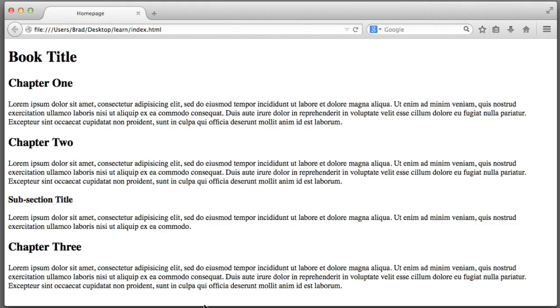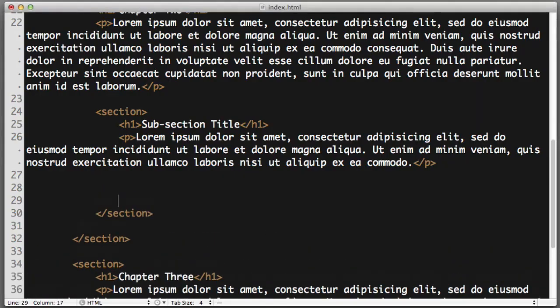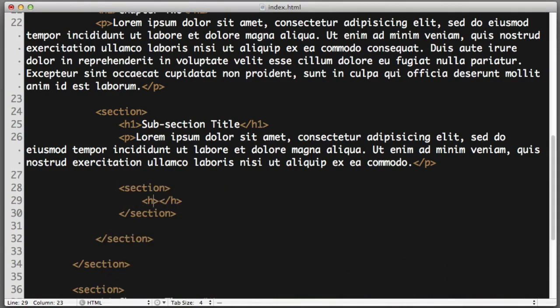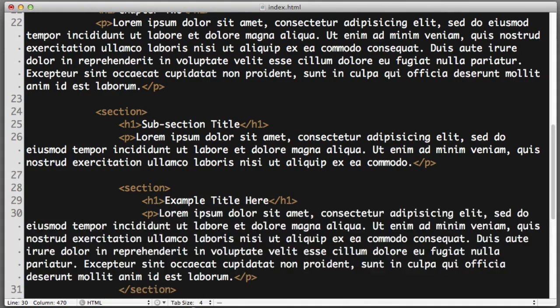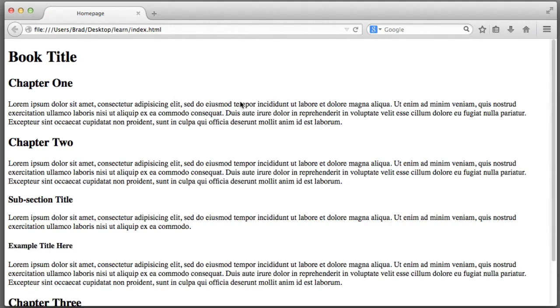So we could theoretically create an additional section within this subsection. Example title here. Create a bit of dummy text. And we see that this new heading is equivalent to what an H4 element would look like if it wasn't in any sort of section. Now I realize this is quickly becoming quite confusing, so I will put an end to this discussion by saying